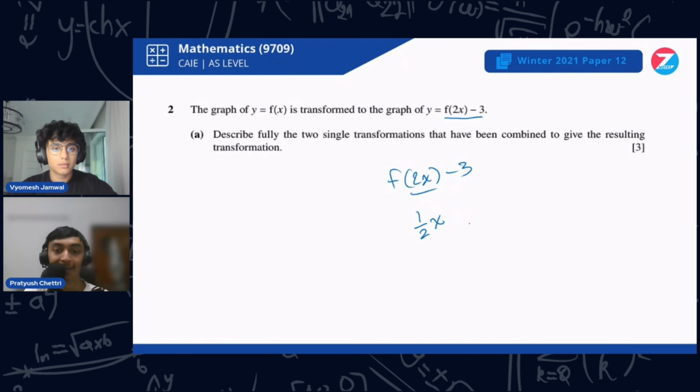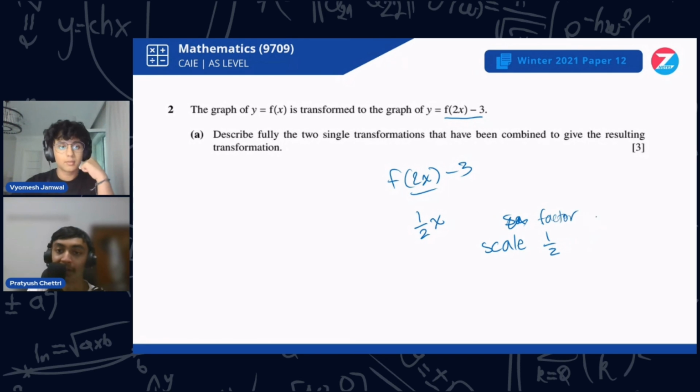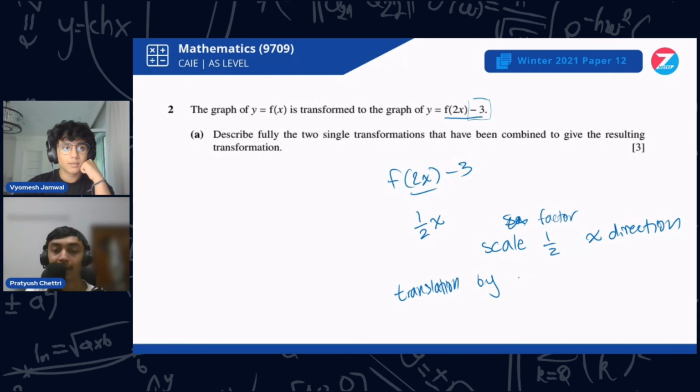So it's a scale of factor half in the x direction, and the second one is a translation or shift, translation by minus 3 units in the y direction. To be more sure, you could just write it as a vector (0, -3) or 3 units down,